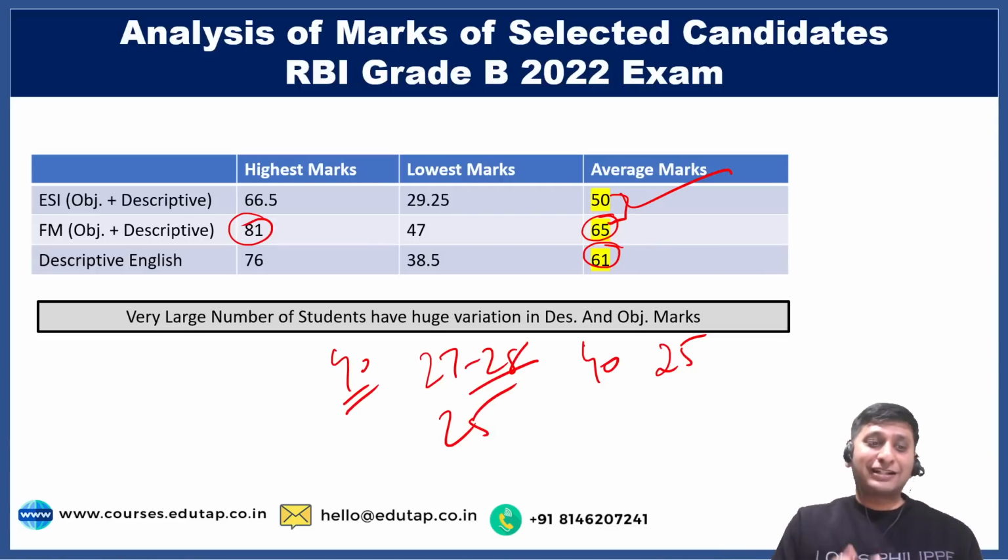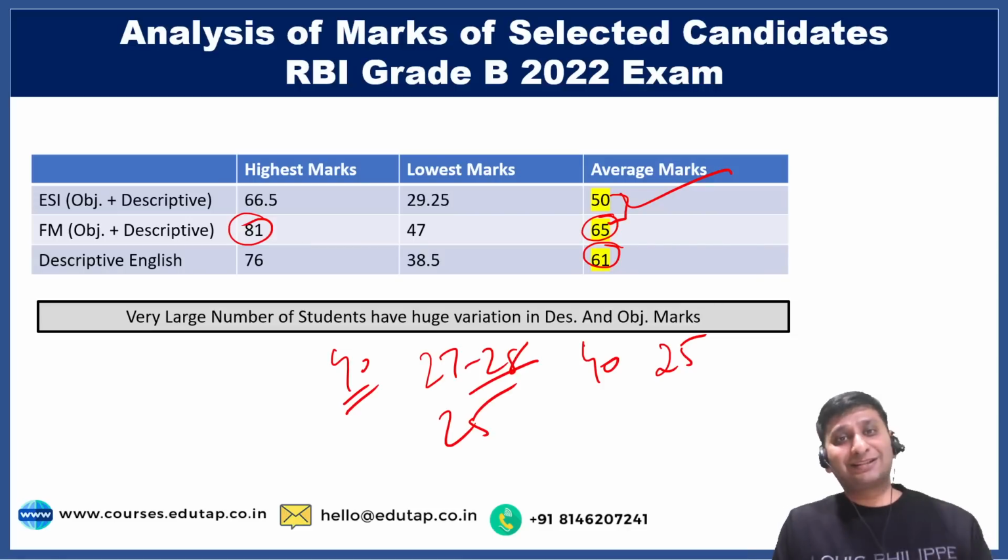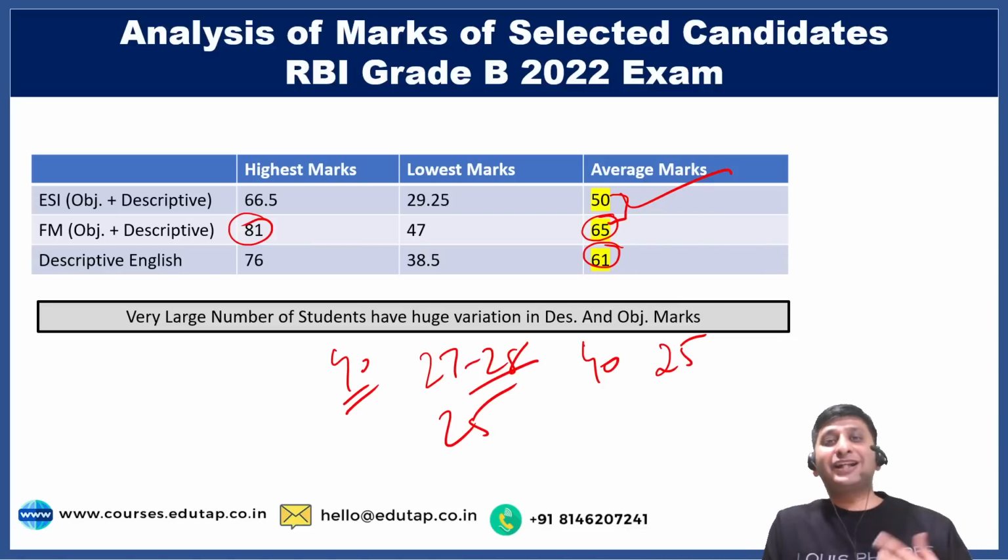So again that can only be explained कि यार अगर आपका एक सेक्शन वीक भी है, डिस्क्रिप्टिव में आपको डर लग रहा है, ठीक है, बट ऑब्जेक्टिव को इतना फाड़ू बना लो कि डिस्क्रिप्टिव में अगर 5-7 नंबर कम भी आ गए, यू आर स्टिल एबल टू गेट दैट एवरेज स्कोर।